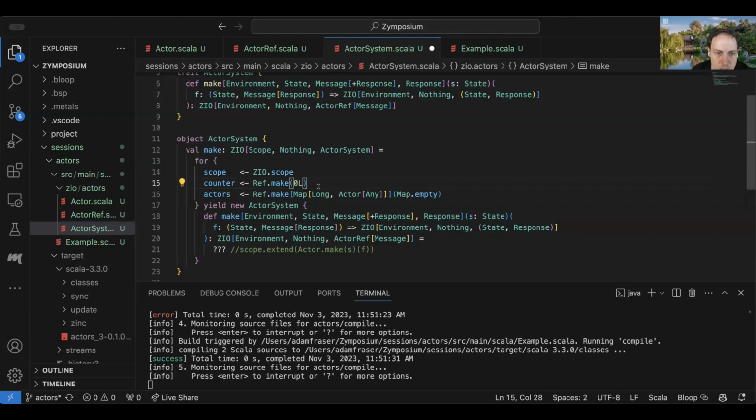And this map is going to be a map from each of those IDs to the actual actor that implements it. So then if we wanted to make one of these actors here, I think we could still do a lot of what we've done before, but let's just try this.